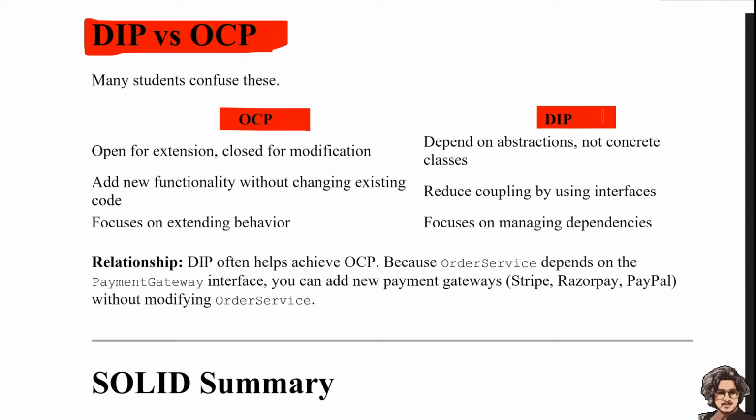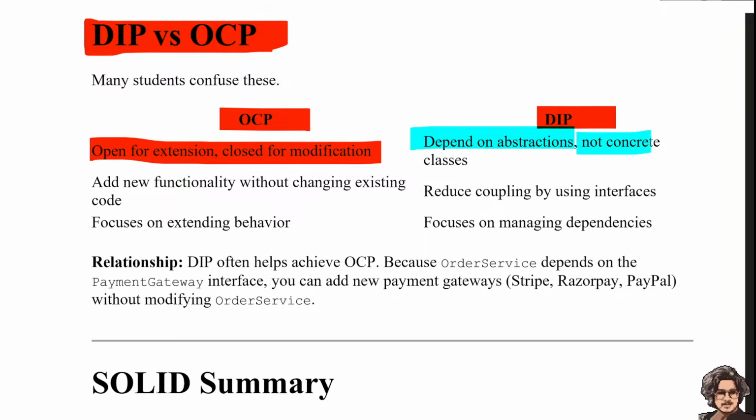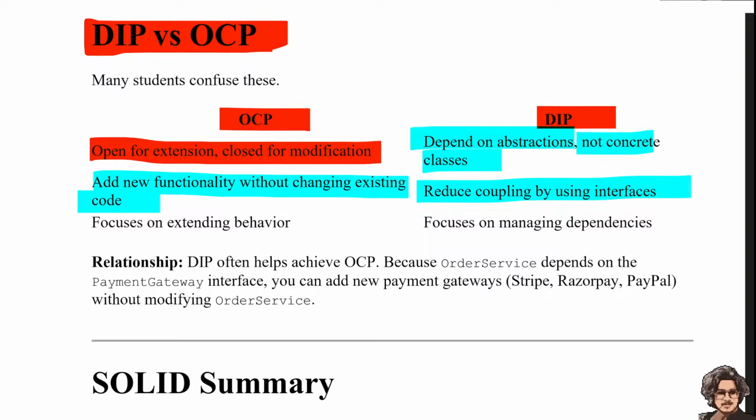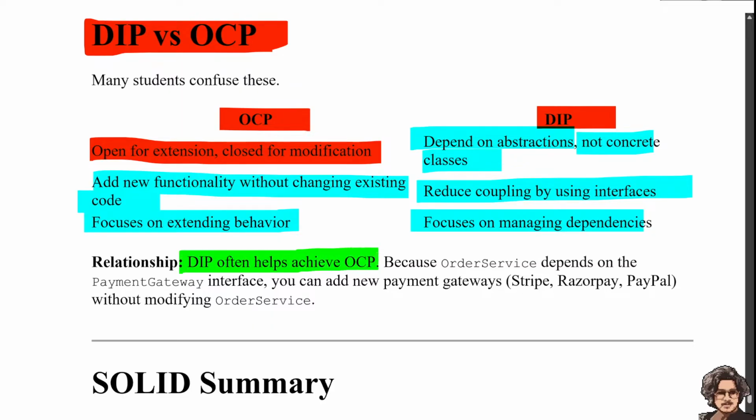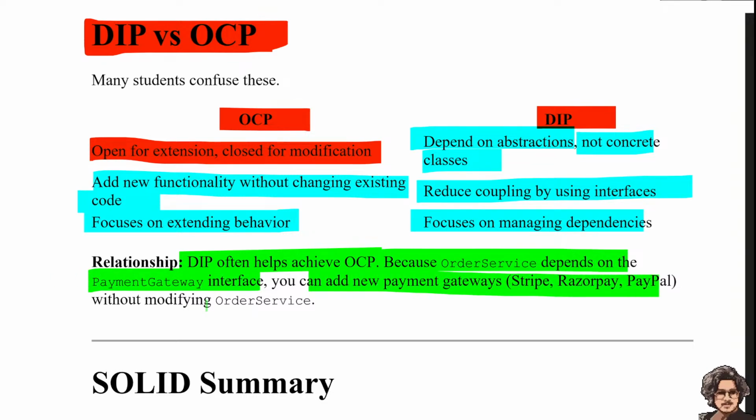With open for extension, we know it means open for extension and closed for modification. With DIP, we depend on the abstraction, not on the concrete classes. OCP adds new functionality without changing the existing old code; DIP reduces the coupling using interfaces. OCP focuses on extending behavior; DIP focuses on managing the dependencies. As for the relationship, DIP often achieves OCP, because the order service depends on the payment gateway interface, so you can add new payments like Stripe, Razorpay, PayPal without modifying